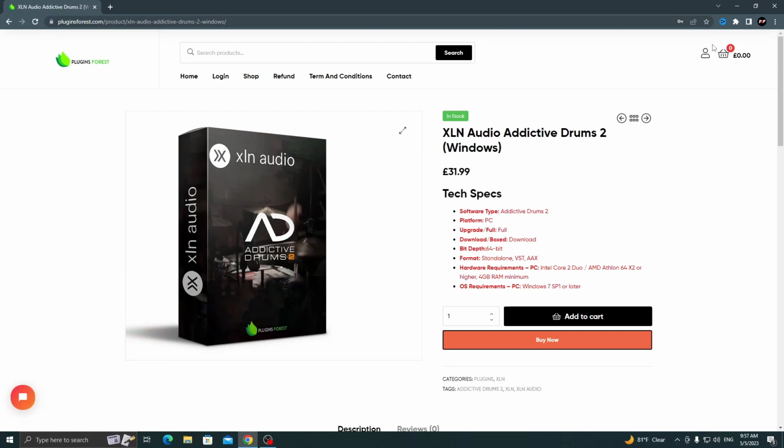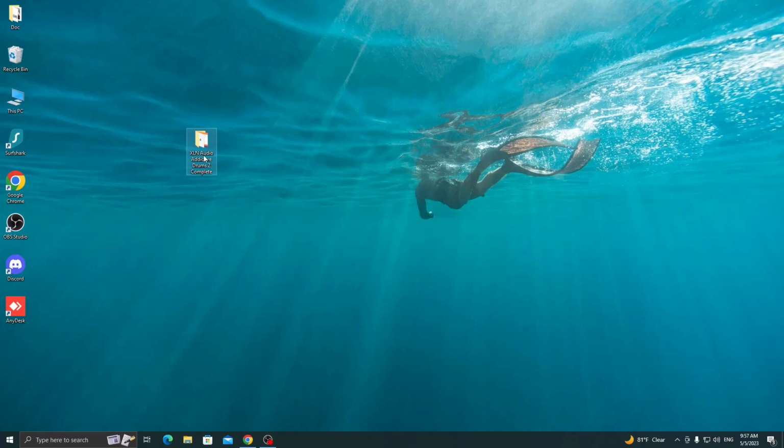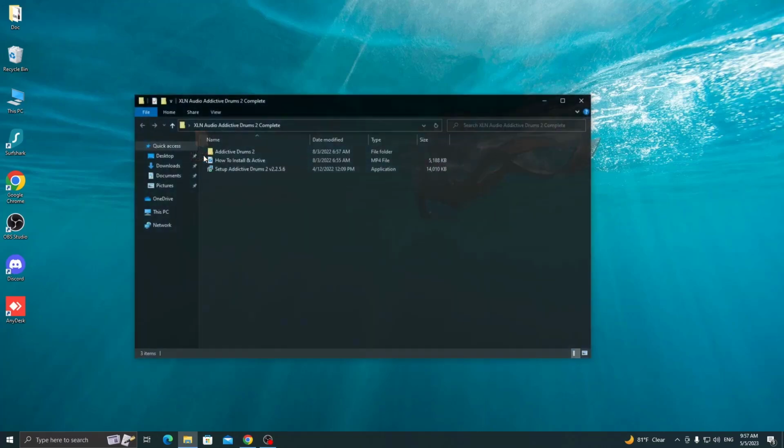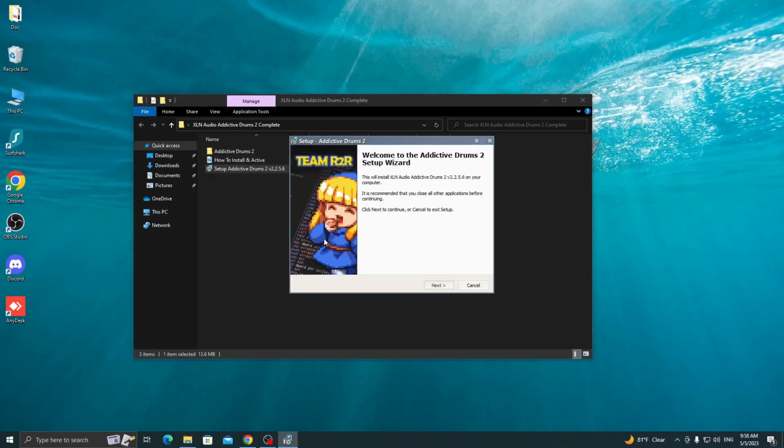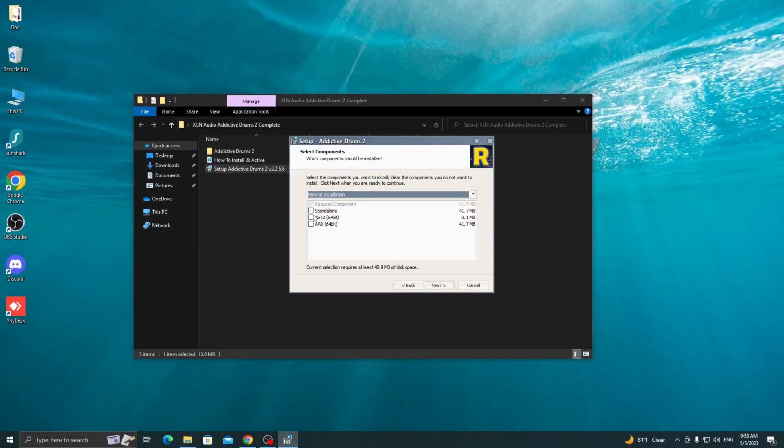If you buy from pluginforest.com, you will get the zip file. Simply unzip the file and open the folder. Now go to the setup. Make sure you have selected all of this one. Click next, install,